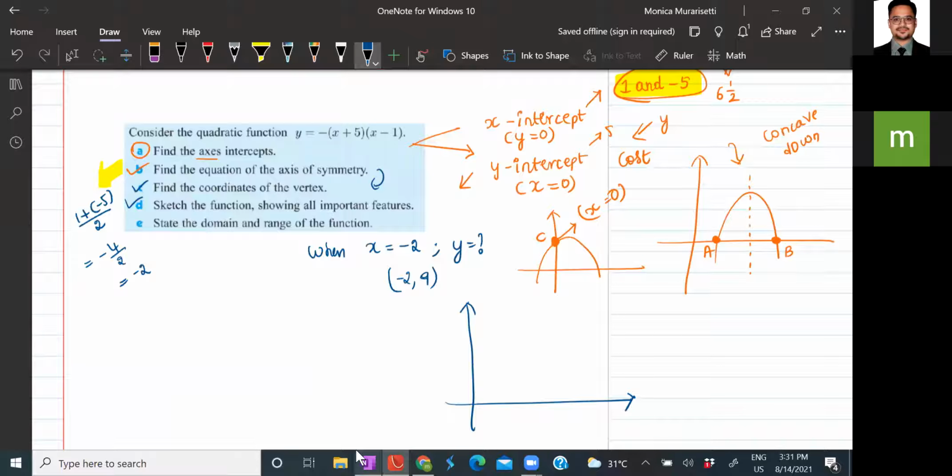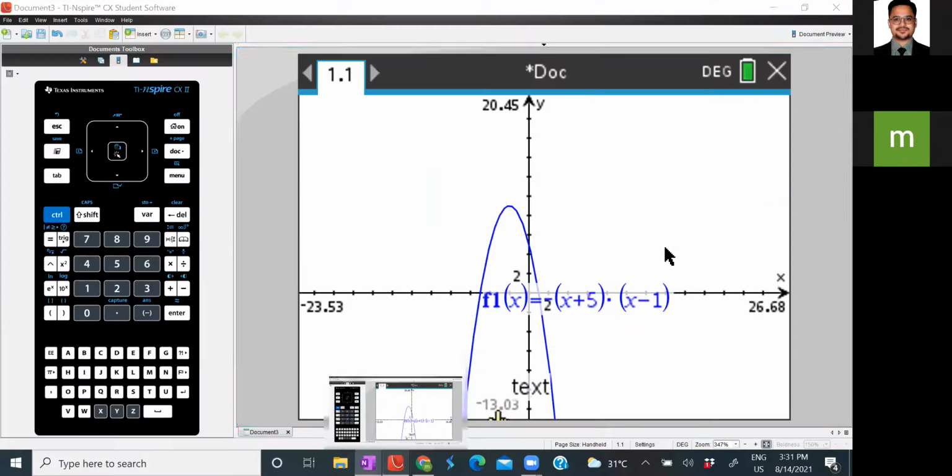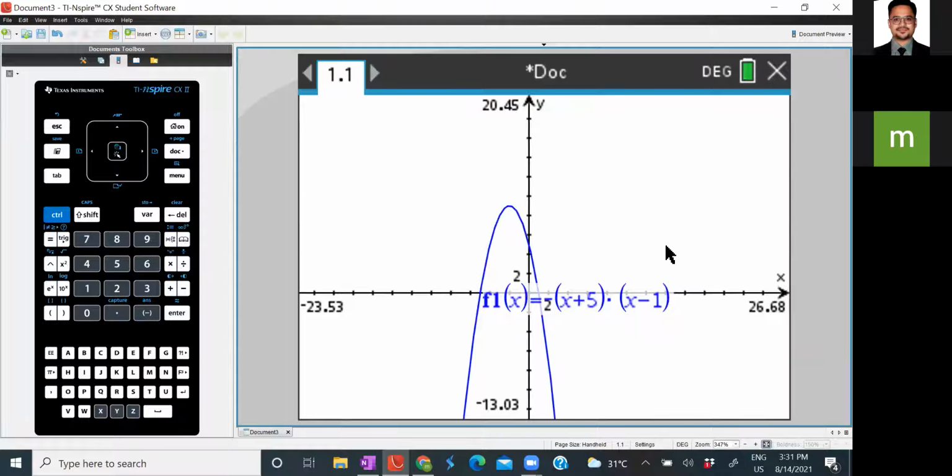Now the next important part: state the domain and range. Can someone help me understand what the domain and the range are? Domain is a mathematical attribute which helps you understand the possible values a function takes for x.